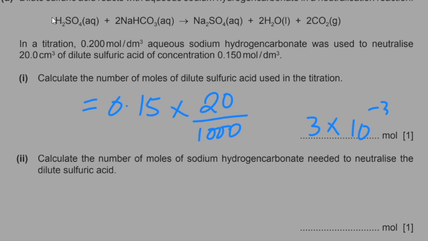And the ratio states that for every 1 mole of sulfuric acid, 2 moles of sodium hydrogen carbonate are needed for complete neutralization, and that means twice of this amount is required for complete neutralization of this reaction. So 2 times 3 into 10 to the power of negative 3 is